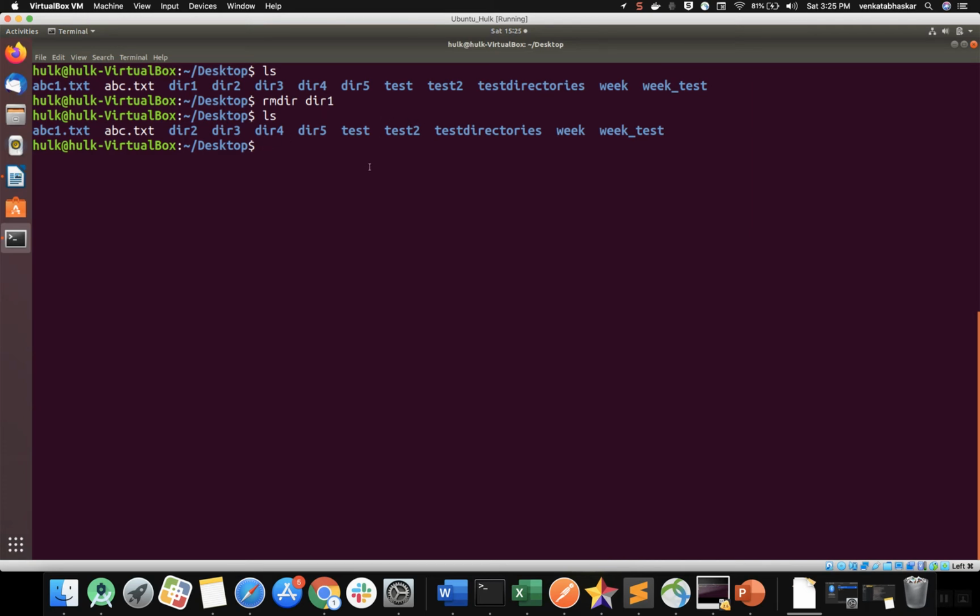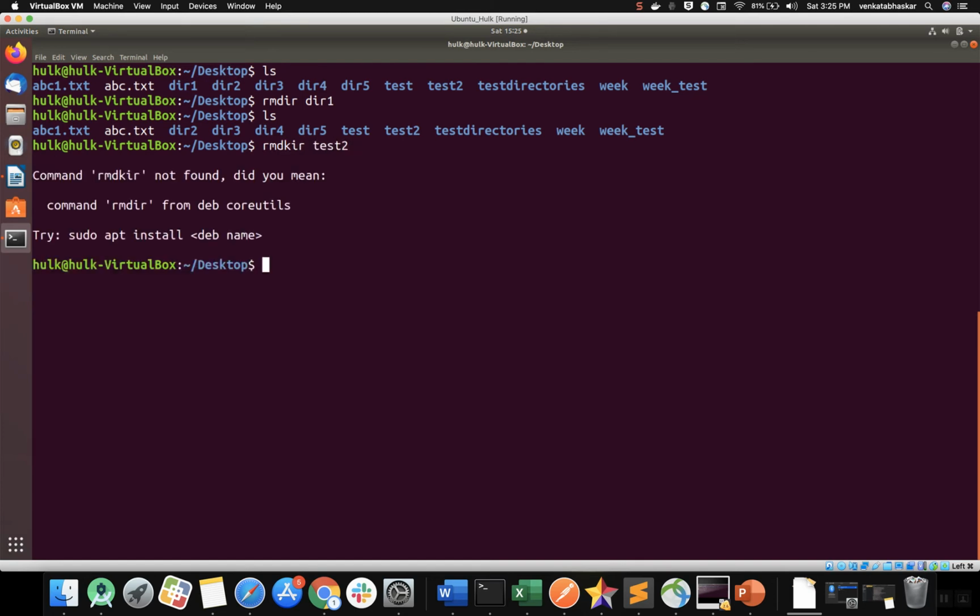Now I'm trying to delete test2. Sorry, the command is wrong. Is it deleted? Now remove directory, rmdir, can delete only directories, not files. Let me try a file with rmdir: abc.txt.